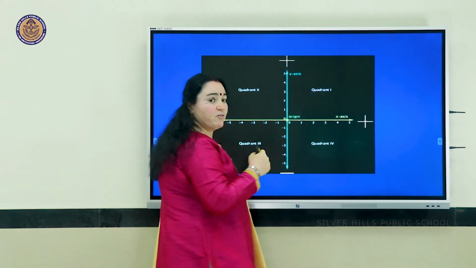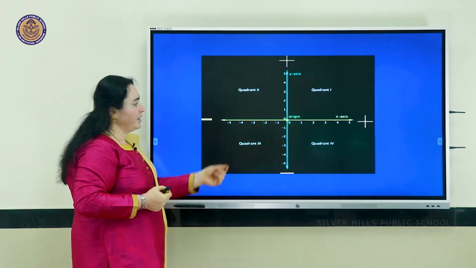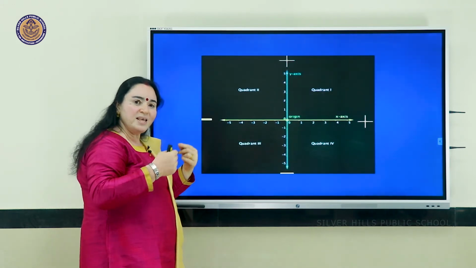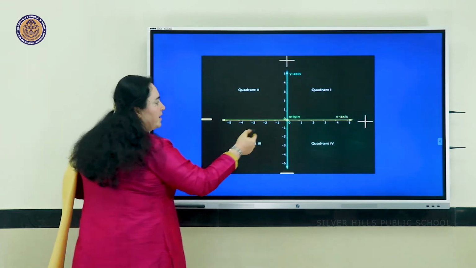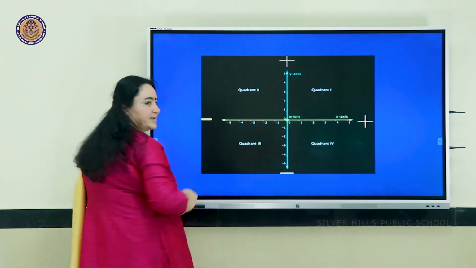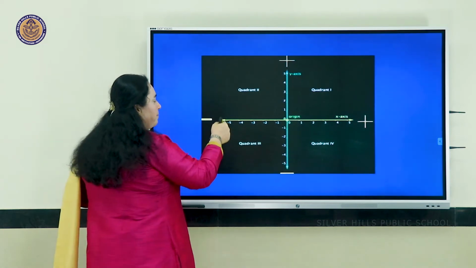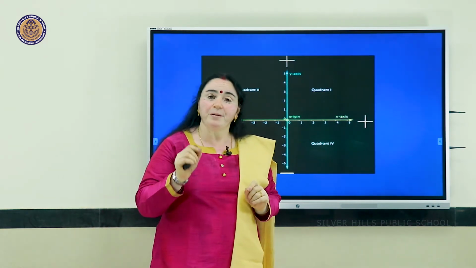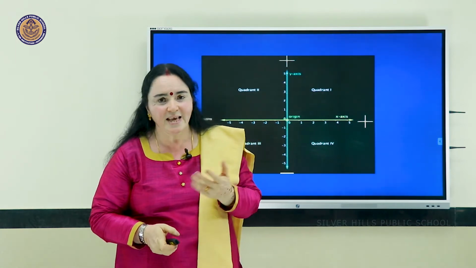Right? Similarly, if I'm going to have a real image, the image will be created in front of the mirror. And real images are always inverted. So my image distance, I will have to take as negative. Similarly, my image will be upside down. As a result, the height of the image will always be taken as negative.